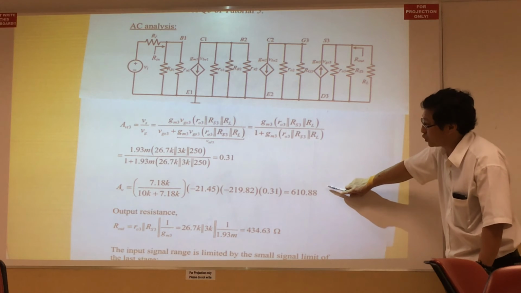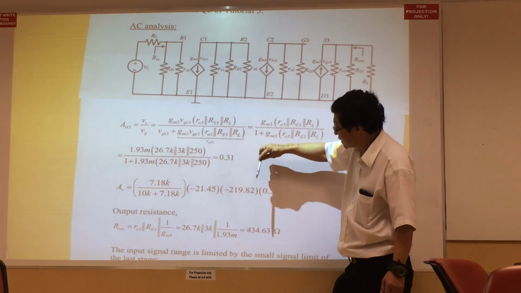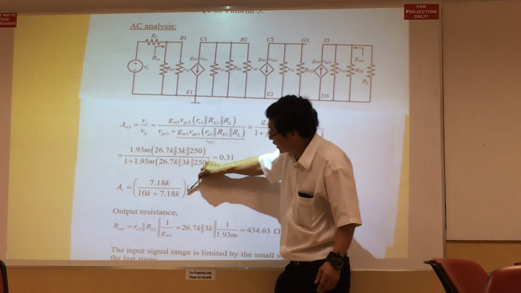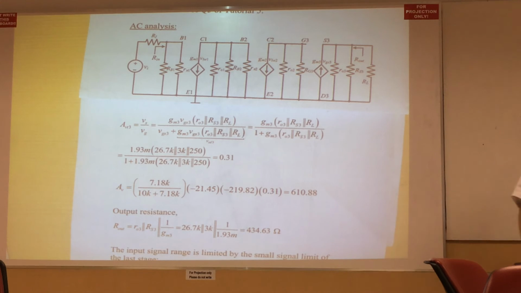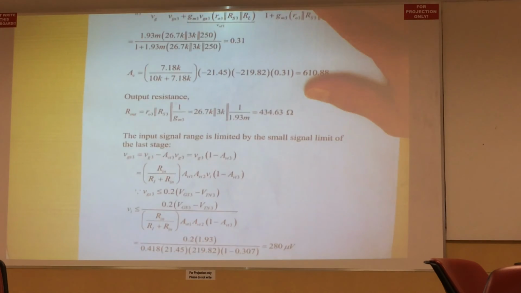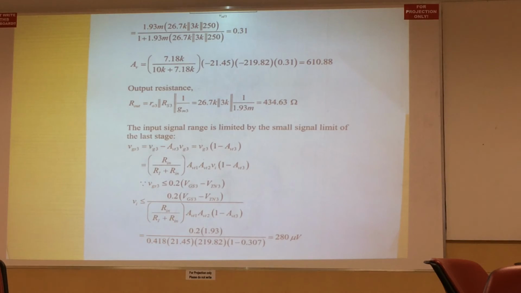So the total voltage gain is the first stage gain multiplied by the second stage gain multiplied by the third stage gain multiplied by the input attenuation. That gives you 610 volt per volt. Okay? And to find out the output resistance looking in,